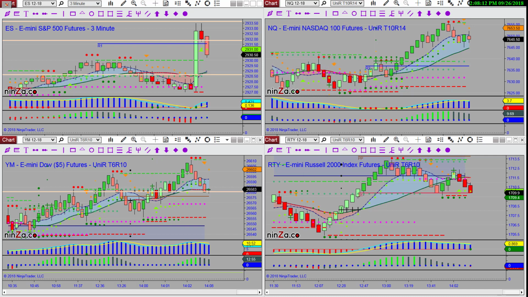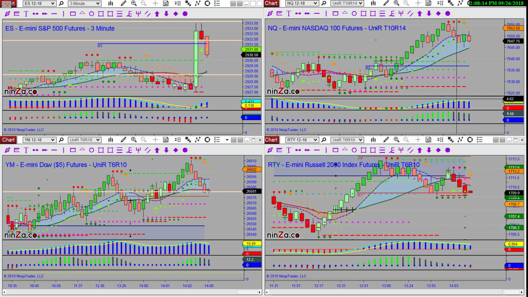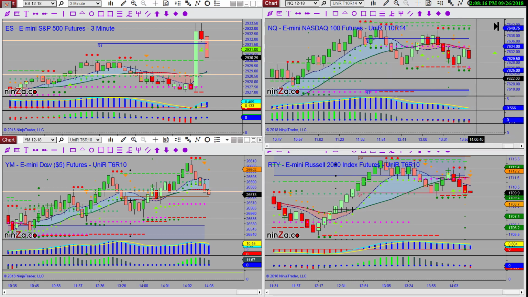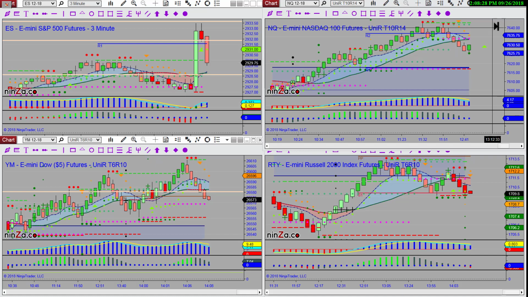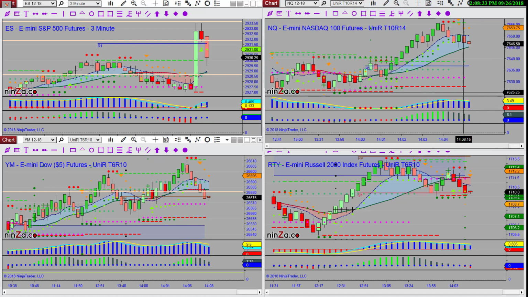Let's go over earlier in the day. This one was a little more subdued, but it's still 42. And this one right here was less than that. It's 37. So you go find that the NASDAQ moves. It's a little more volatile. If you want movement, that's the instrument to trade.